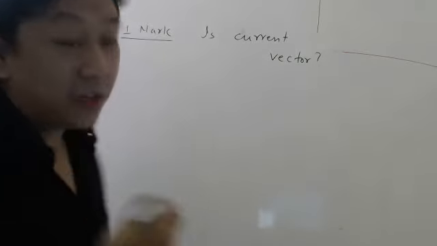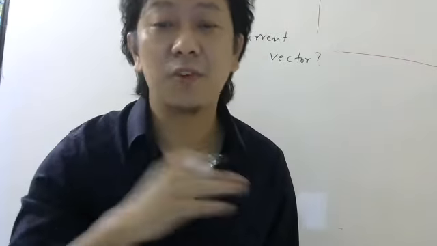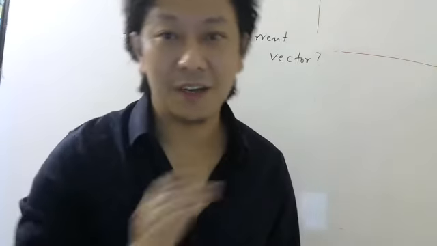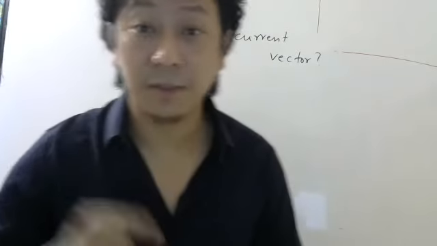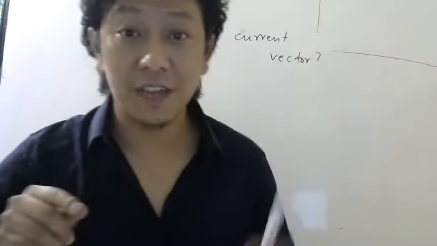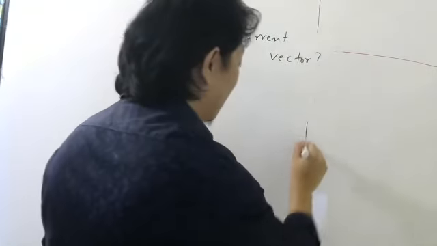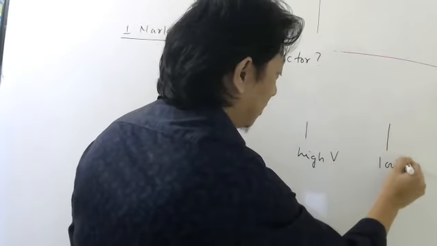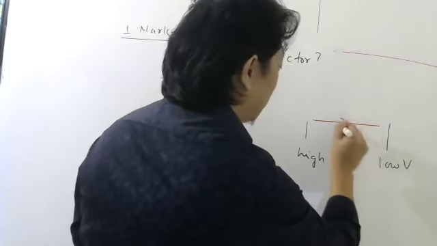But you have to be very careful that current may be having direction. See, many things have direction. Heat flow: when heat flows in a wire, heat also has direction, from higher temperature to lower temperature. Similarly, current is taken in the direction of flow of what charge? Positive charge. And you all know positive charge moves from higher potential to lower potential. Everybody remembers or not? If this is high potential, if this is low potential, electric field is from where to where? High potential to low potential.